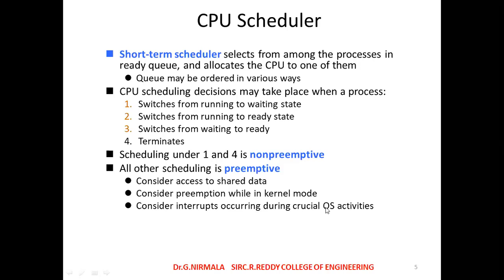program or process, the scheduling may be either non-preemptive or preemptive scheduling. That non-preemptive and preemptive scheduling decision will be finally decided by the operating system. The decision will be finalized and handled by the short-term scheduler or CPU scheduler. That CPU scheduler can take care of assigning all the processes without any intermediate disturbance, means without any memory overlapping.